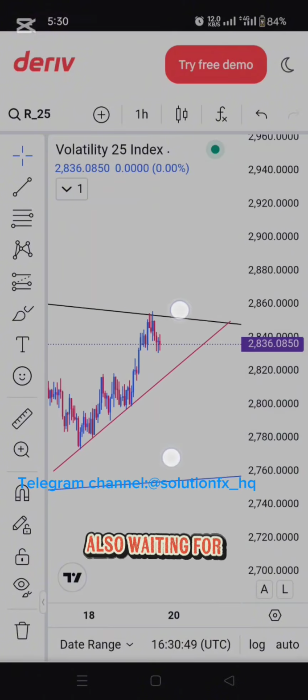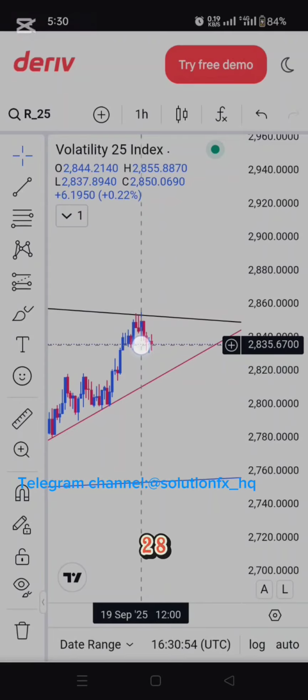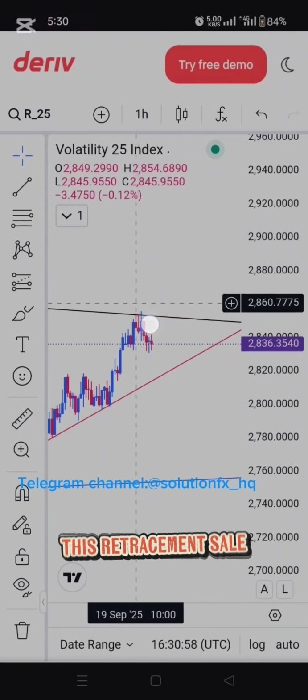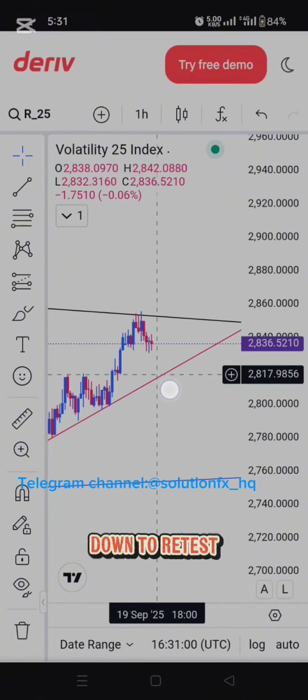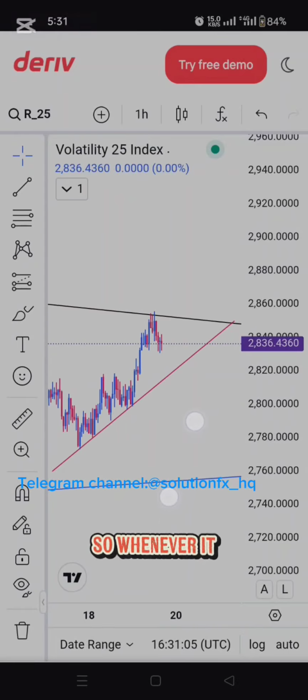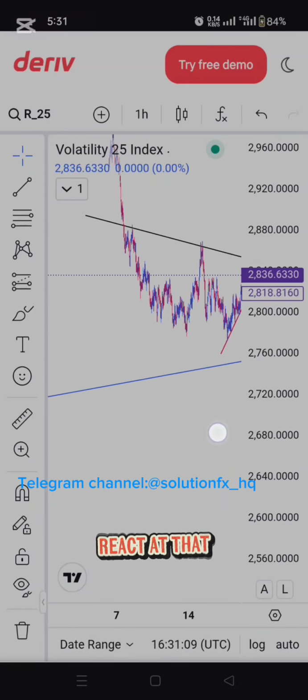So what am I also waiting for in this? When you look at this, you see the market actually went as high as 2855. Now it's retracing. What it means is that this current retracement sell will definitely come down to retest this very support level. That's this red line. Whenever it retests it, I need to keenly observe how the market will react at that very